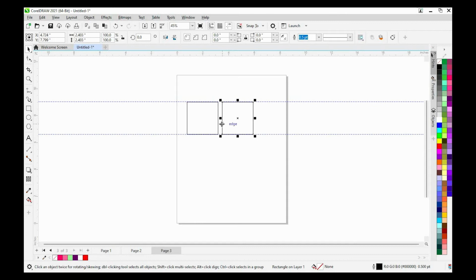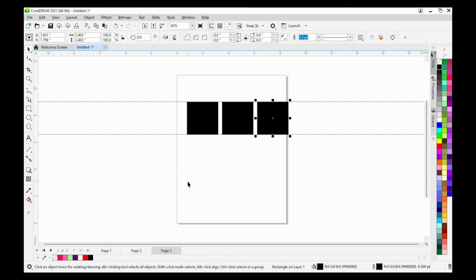So I use Control D to do that, or Control R. Control D is to duplicate, Control R is to repeat action. They are all the same thing. So once I have it this way, I'm going to color them. Okay, so after that,